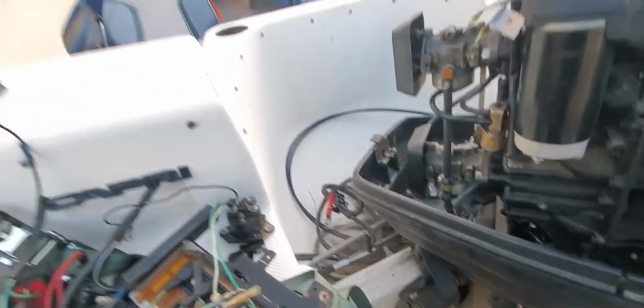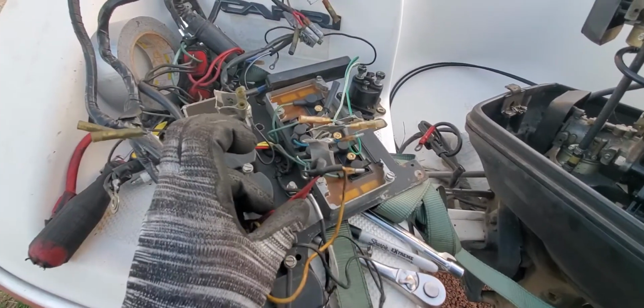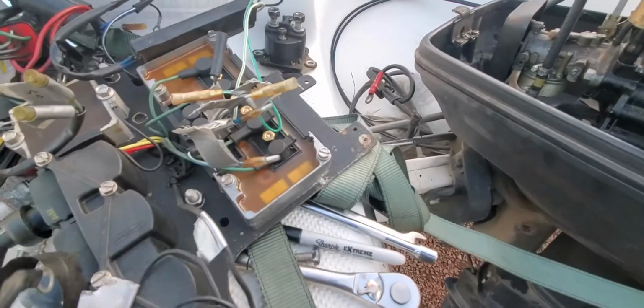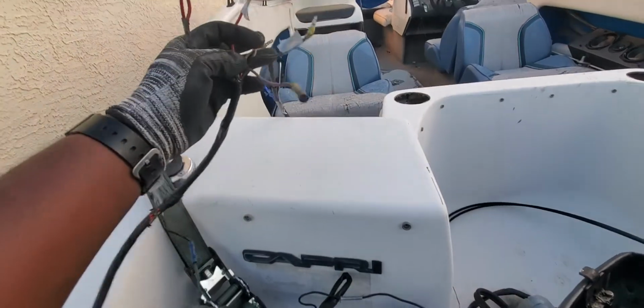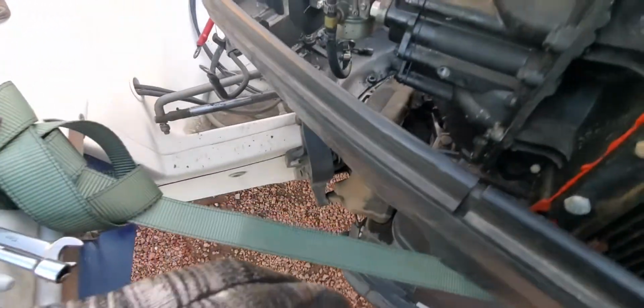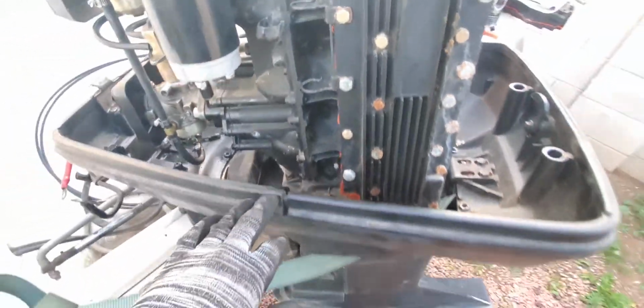Then we have this harness that I pulled through, and so we have our yellow signal, we have power, upper ground, and another ground. Got 2 yellows that ran right here. We're getting hooked in. Big connector really can't mess that one up. And then we have all of the little ones that were on the opposite side that ran to this. So we got all our wires out now, and so now I'm pretty much at the stage where I think